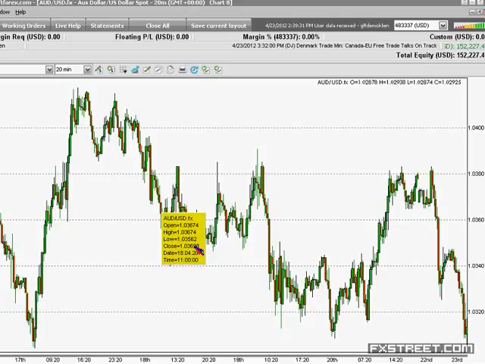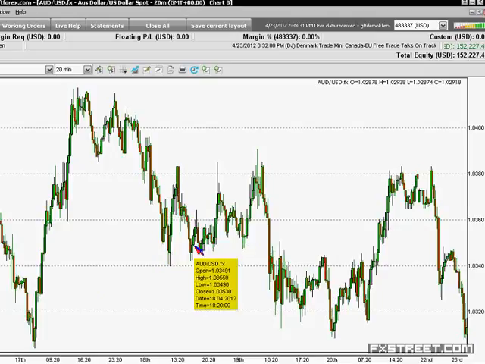So the first rule of this is you want to look for, in a short trade, the Aussie dollar to have traded at, in this case, 104.00 within the past, I would say, 6 hours. If that's the case, then you want to place an order to sell at 50,